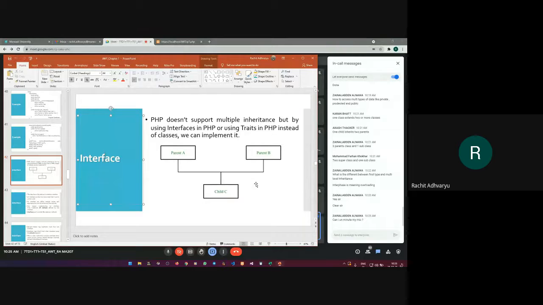Yes, Zainala, you can unmute your mic. Excuse me, sir. I am working in the Dart language, but in Dart also multiple inheritance is not allowed. But I discovered one technique to allow it. I can extend one subclass from the parent class, then again I can extend another subclass from that subclass. Yeah, I got it, what you are saying.